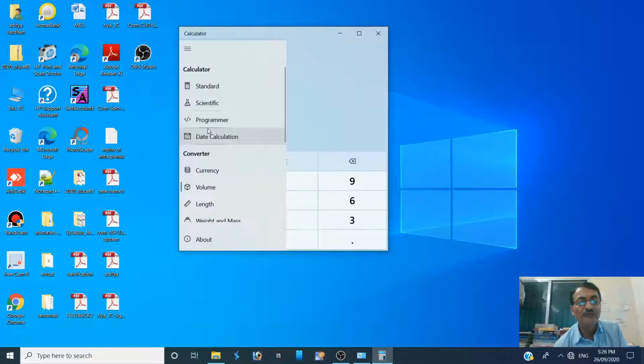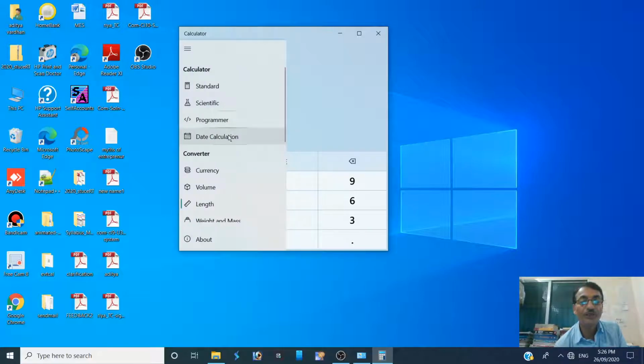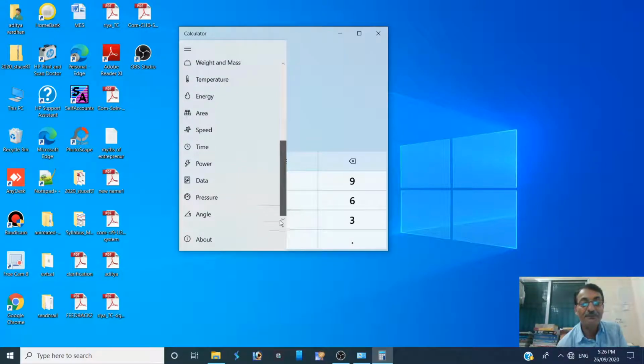So these are all the length calculators. Okay, so the scientific calculator has different options, and those options can be area, speed, time, power, data, pressure, angle. So these are all the different types of calculation that can be easily done by using the calculator in Windows 10.